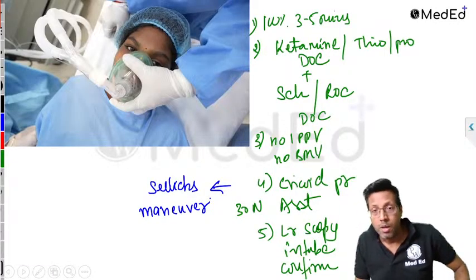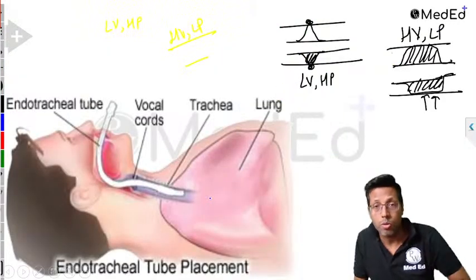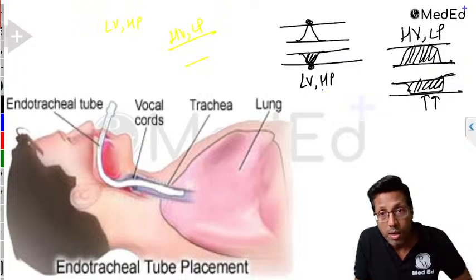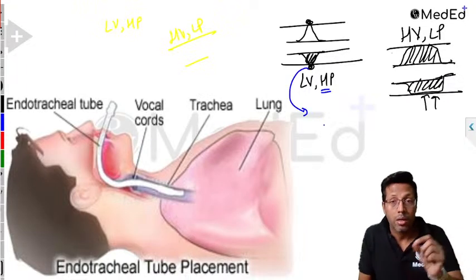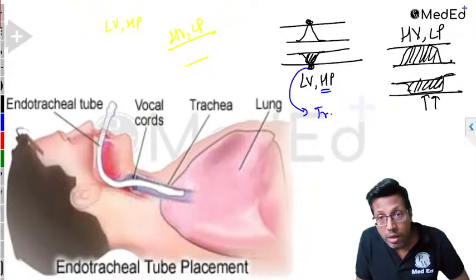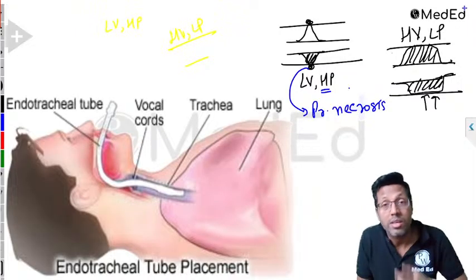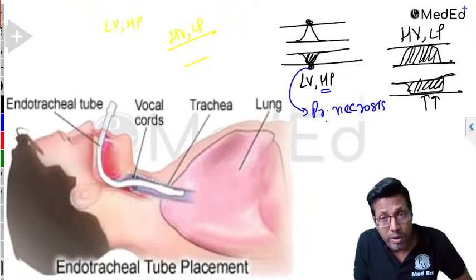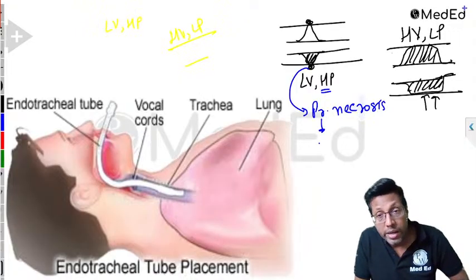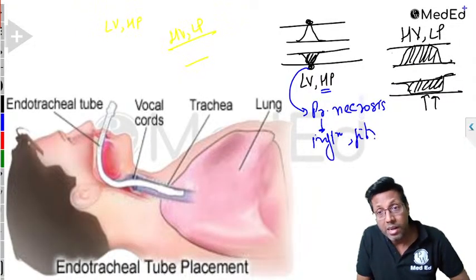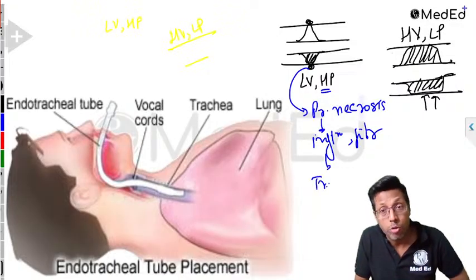Sir, why to prevent necrosis? Necrosis? You're talking of the cuff, na? So, okay, what happens is, when you are using a high pressure, in a low volume, high pressure cuff, there's going to be pressure necrosis of the tracheal vessels in the tracheal walls, and that pressure necrosis later on can lead to inflammation, fibrosis,